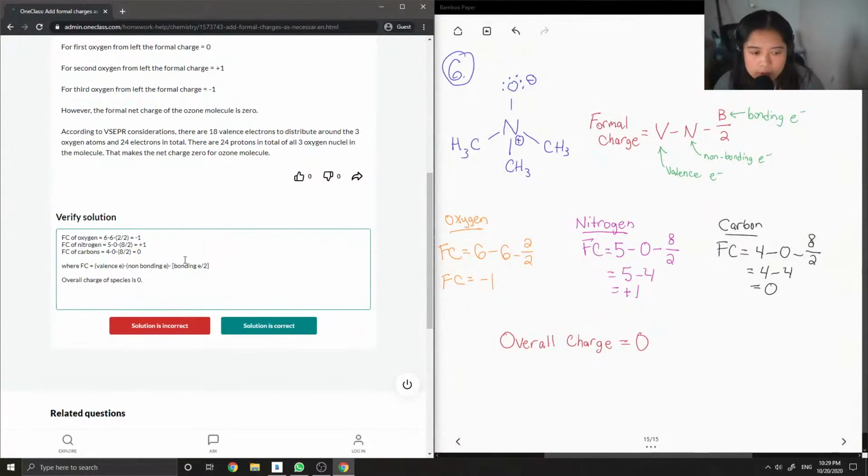Okay, so I wrote out the formal charge of oxygen is -1, formal charge of nitrogen is +1, formal charge of the carbons is 0, where formal charge is equal to valence electrons minus non-bonding electrons minus bonding electrons divided by 2, and then the overall charge of the species is 0. So the work